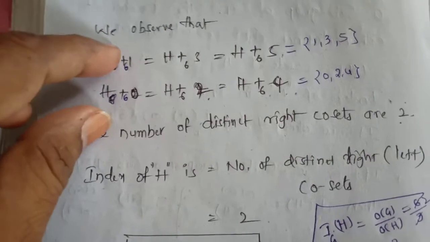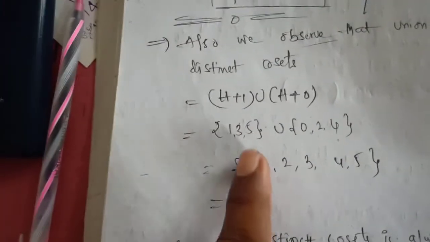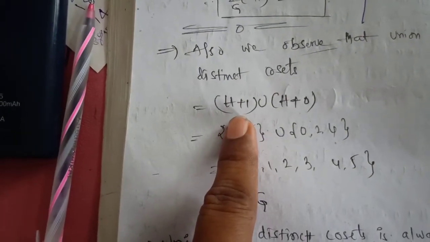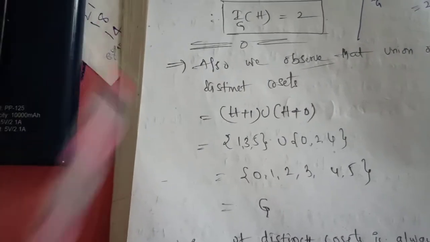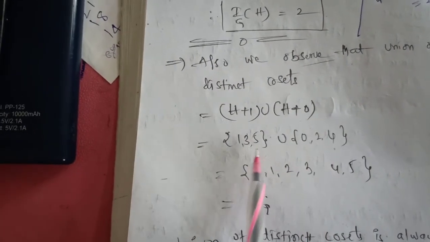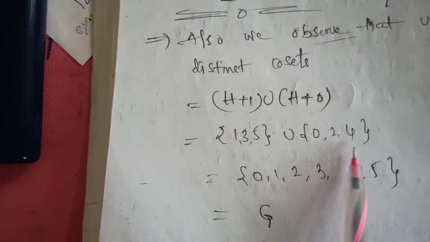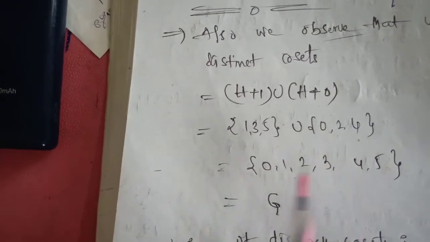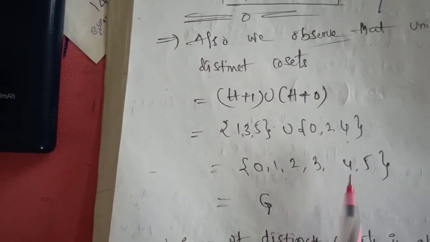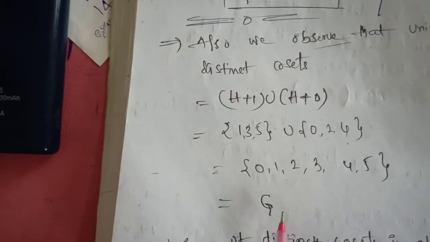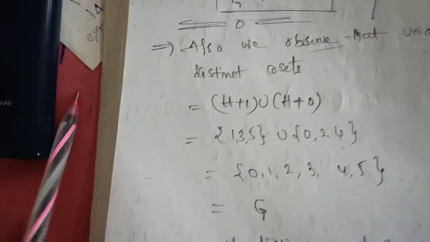By their union, what happens? The union of the distinct cosets, H plus 1 is 1, 3, 5, and H plus 0 is 0, 2, 4. Therefore the total values in their union is 0, 1, 2, 3, 4, 5. This is nothing but the given group G. So here the observation is,